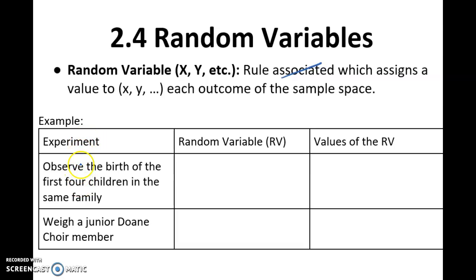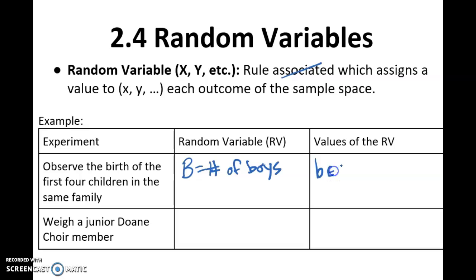So let's say we have an experiment. We saw this experiment in class last time, I think. Observe the birth of the first 4 children in the same family. Okay, our random variable might be something like B, which would be number of boys in the 4 kids. By the way, we're going to use capital letters for the random variable, like the description of the random variable, like number of boys, and the values of the random variable. Notice the values of this random variable, B,